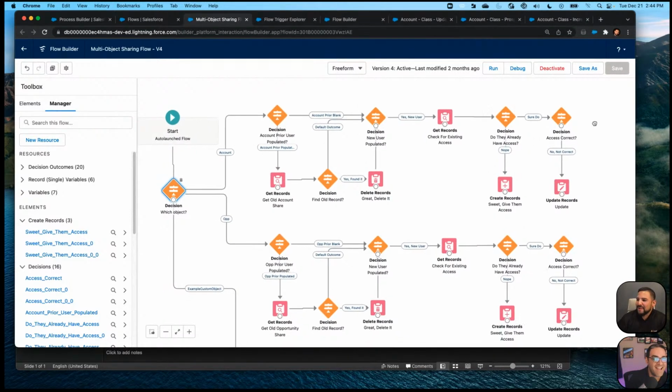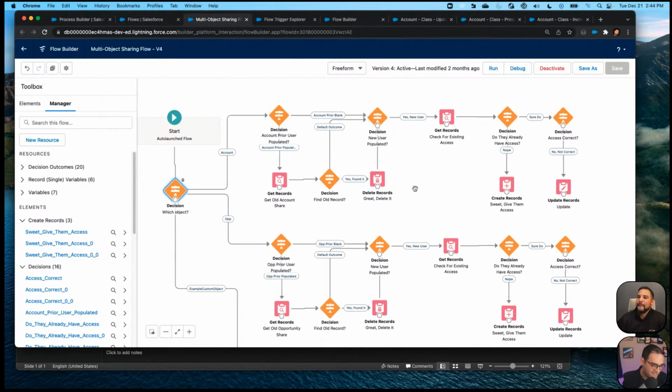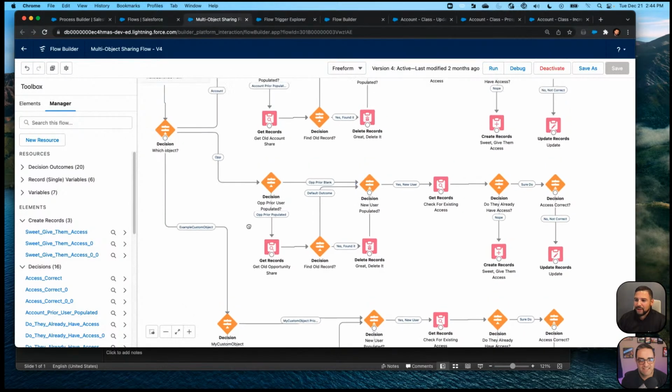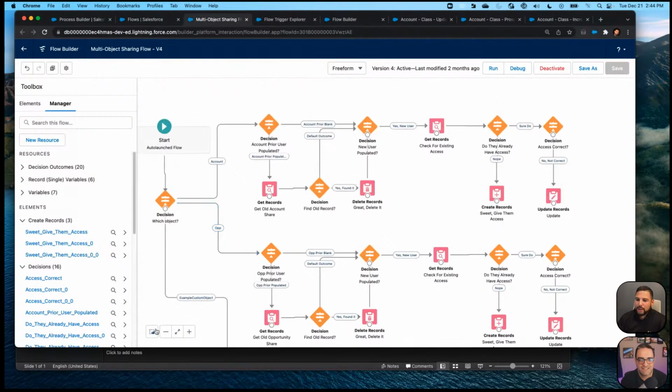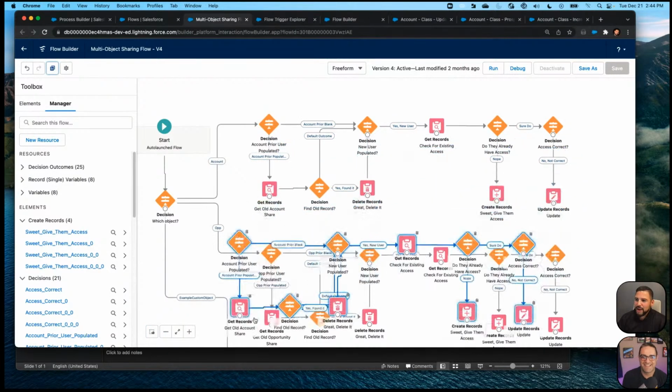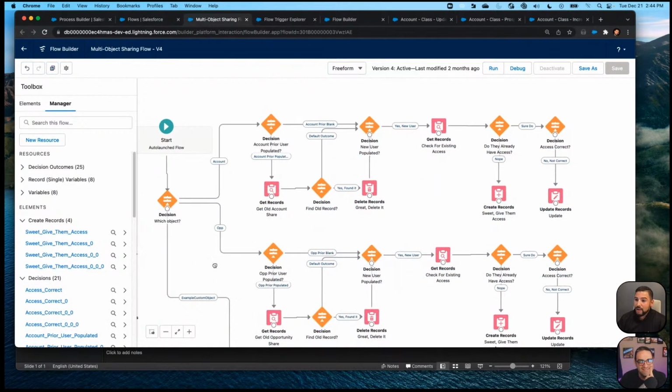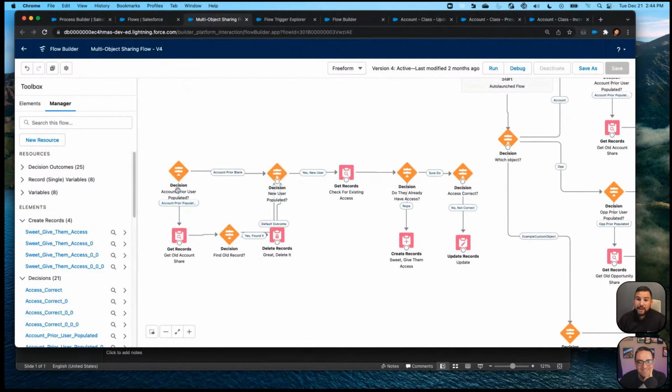This is coming up in a webinar with Salesforce soon, but I was thinking this should be an AppExchange listing. It allows scalability, flexibility, and reusing the same pattern. All I did to create it for opportunities and my custom object was go like this, boop, boop, boop, drag it down off the screen over here, and update everything to say contact instead of account.